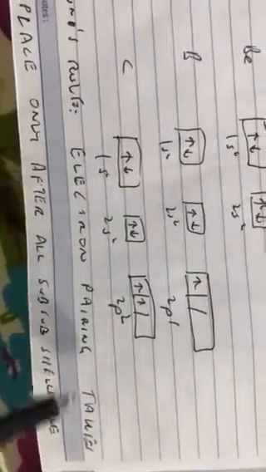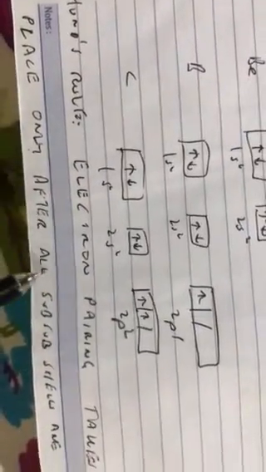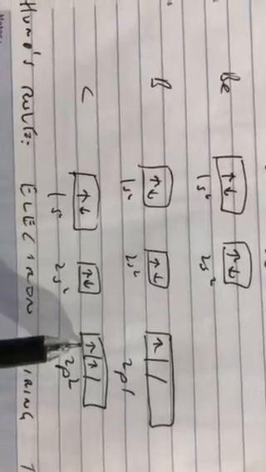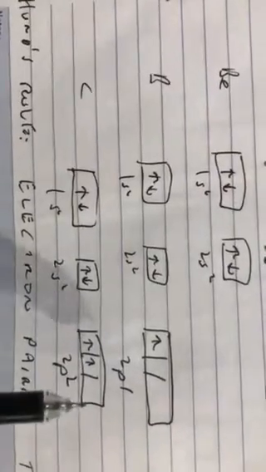According to Hund's rule, electron pairing takes place only after all orbitals are half filled. So according to Hund, what he said was that you cannot have electron pairing. Electron pairing means this electron is alone, it cannot have another one with itself as a pair until and unless every orbital, means this is one orbital, this is one orbital, this is one orbital, unless every orbital in that subshell is singly filled or half filled. Until that happens, you cannot start pairing electrons in any orbital. So the 6th electron of carbon will come here.